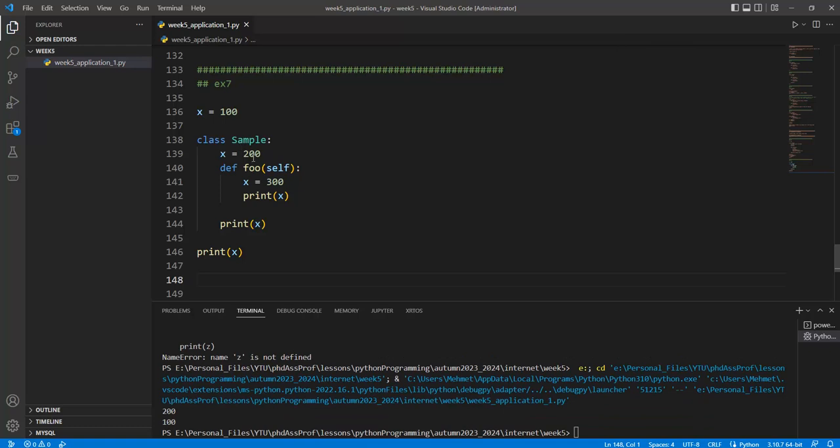We will have the 200 because the class scope has the class attributes in here, and this print x is interpreted from the Python program, and then this is written on the terminal page. Okay, and after that we have the global scope and global variable in here like this one, and so this is printed from the Python programming language. Okay, but